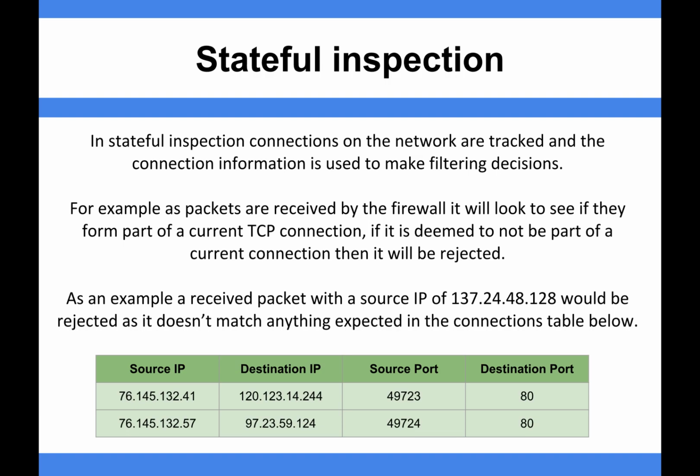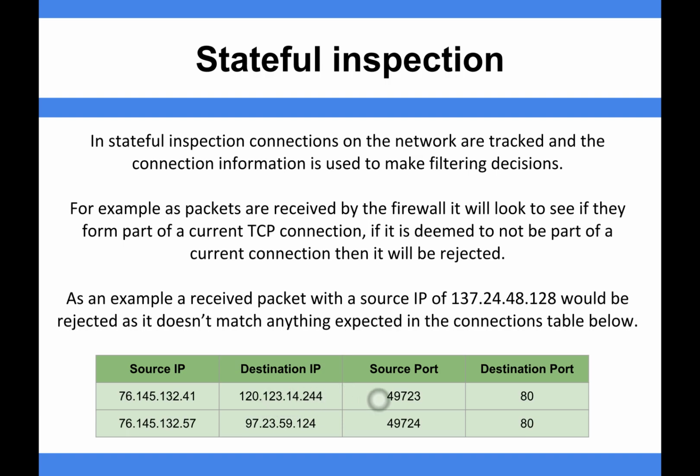So if you imagine here, we've got some tracked information. So we've got source IP. These are packets that have left my network. So source IPs of the network clients, destination IPs where they're going to, destination port numbers, so source ports and destination port numbers. So if I received a packet that had a source IP of this